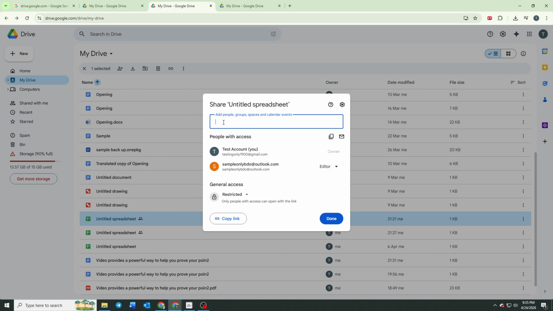A dialog box will appear, allowing you to control who can access your file. By default, the file may be set to restricted, meaning only specific people you add can open it. If you want to make access easier, click on the drop-down menu and change the setting to anyone with the link. This option allows people with the link to view or, if you choose, edit the document without needing special